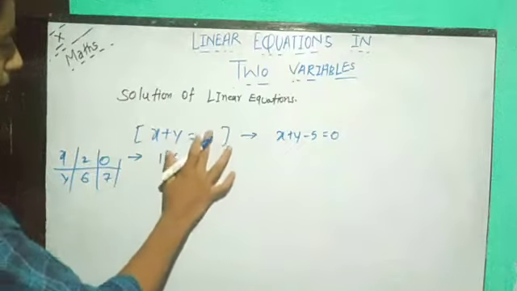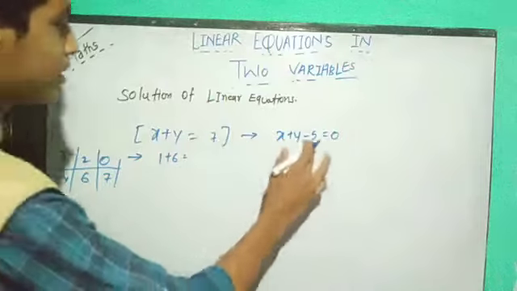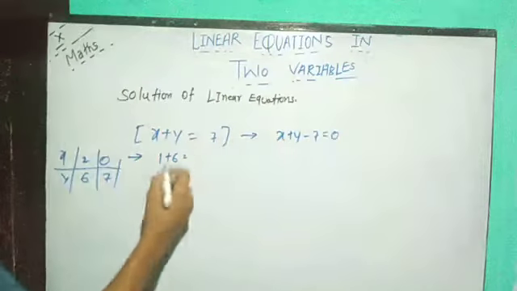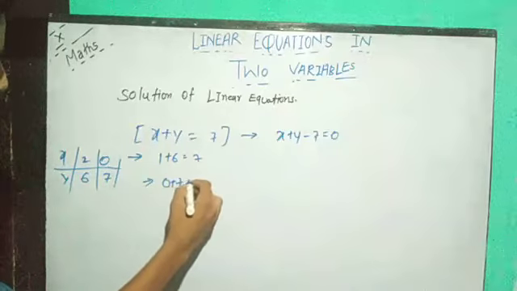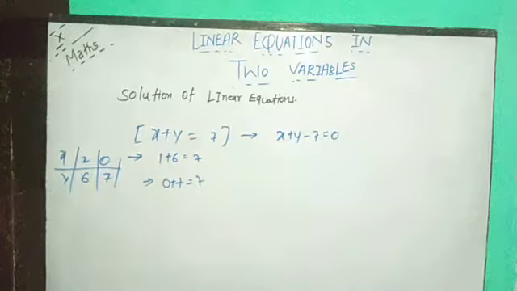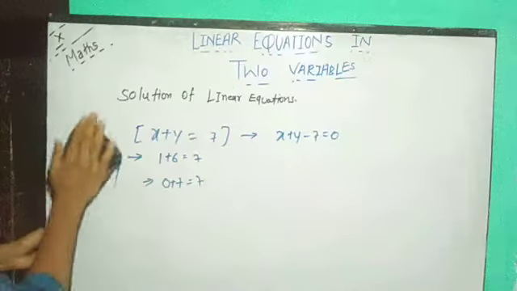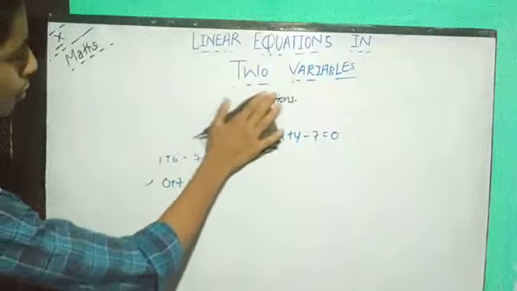Suppose I'm taking 7.5 also, we have to do that process only. So 7: 1 plus 6 is equal to 7. Then again another value might be 0 plus 7 is equal to 7. Means that we are confirmed and clear that there are infinitely many solutions of a linear equation in two variables. Now we are going to see